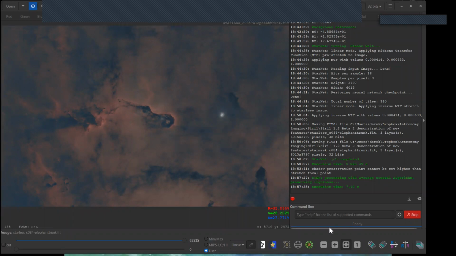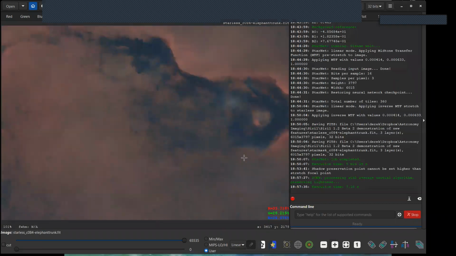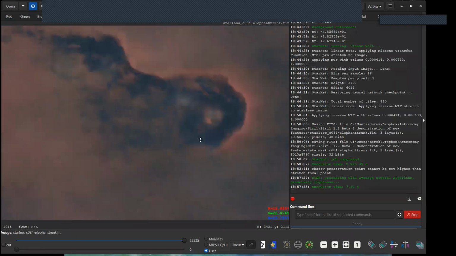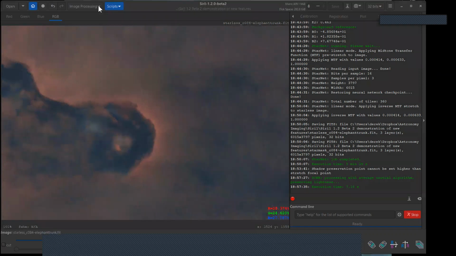I think let's have a look at the noise. So let's increase down the bottom here. You increase this magnification. Hold down Control and then move it with the mouse if you want to move it. So you can see it is fairly noisy there. So let's do a noise image processing,